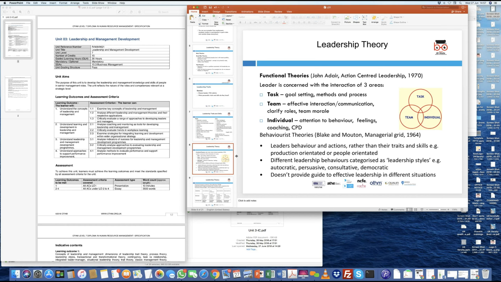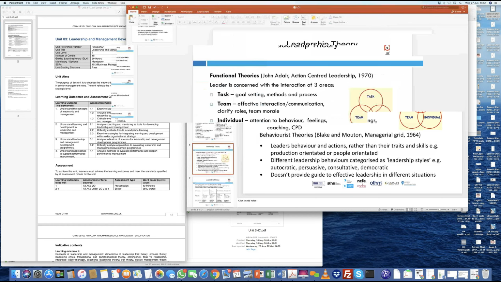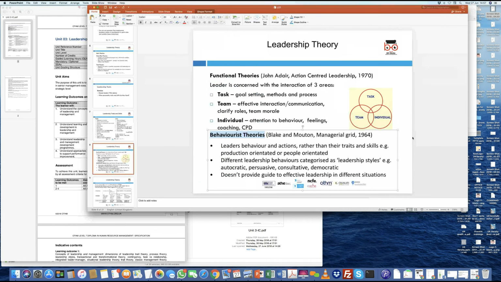There were then behavioral theories, and behavioral theories basically talked about, this was proposed by 2 scientists who did research, Blake and Mouton, and they came up with something called a management grid. Now what they said is, no, it can't be trait, it can't be skills, it can't be just 3 functional areas. What they did was they did a grid, and in that grid they came up with a pattern, and that grid and the pattern talked about situations, and it talked about various aspects of traits, skills, and experience which allowed people to show leadership.